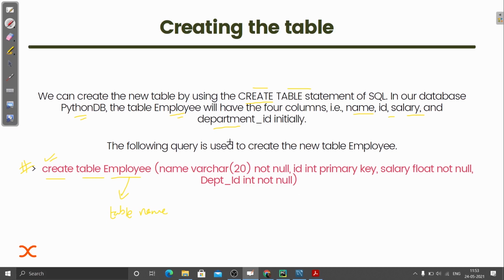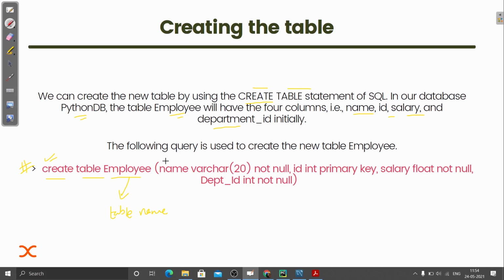Sometimes students make this mistake: they just write create table, table name, but inside that table you need to have at least one column. So you will write all the names of the columns, and you will tell what kind of values will be there.